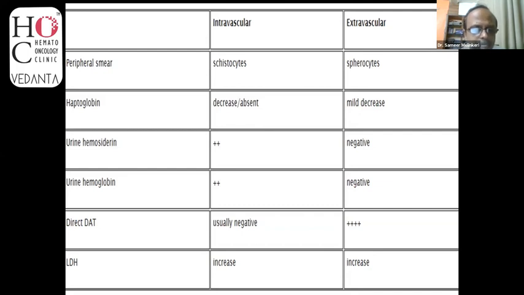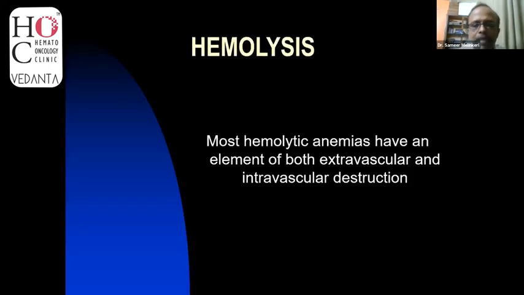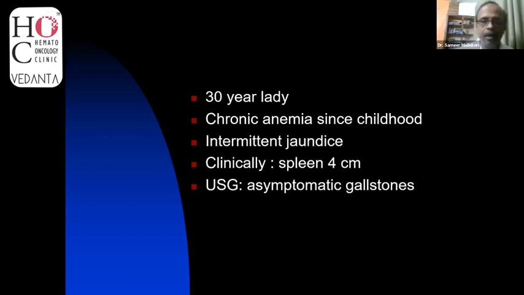The DCT, the direct antiglobulin test, is usually negative in intravascular hemolysis and positive in certain cases where there's autoimmune hemolytic anemia. In extravascular hemolysis, it's the commonest cause of extravascular hemolysis, I would say, and therefore that is important to do whenever you suspect that condition. And LDH is increased in both. Whatever the cause of hemolysis, you will have a raised LDH. So as I said, most hemolytic anemias have an element of both extravascular and intravascular destruction. Now we'll come to the causes of hemolytic anemia, and we'll discuss some of the common and important causes